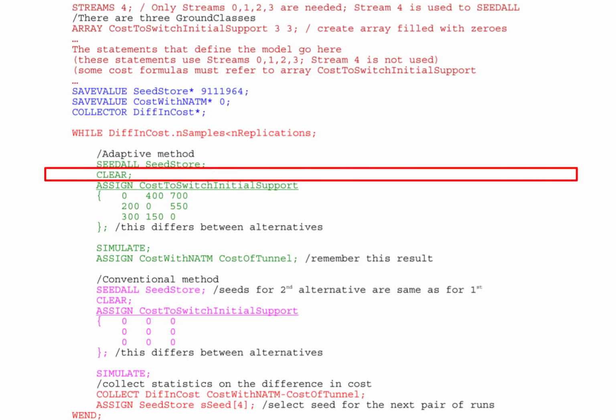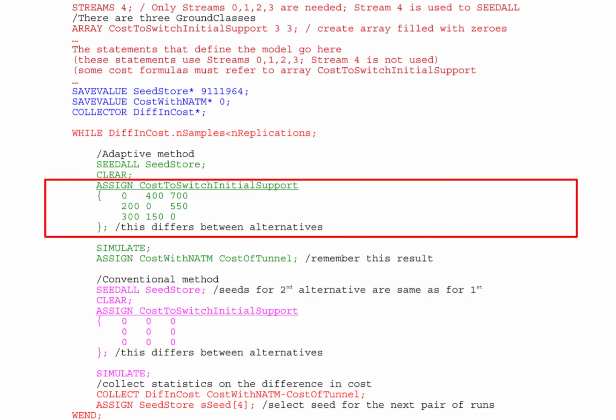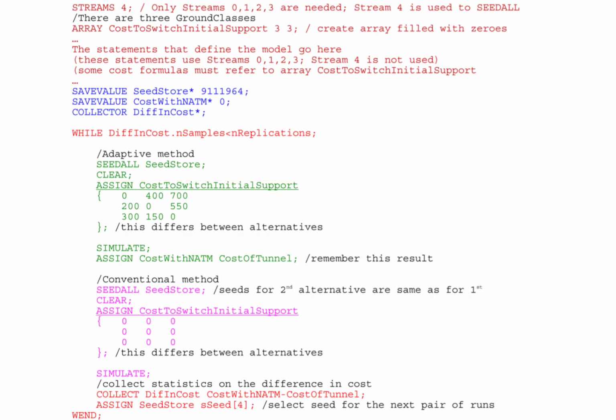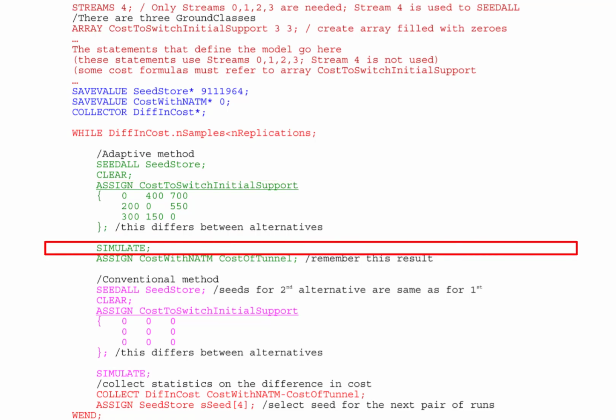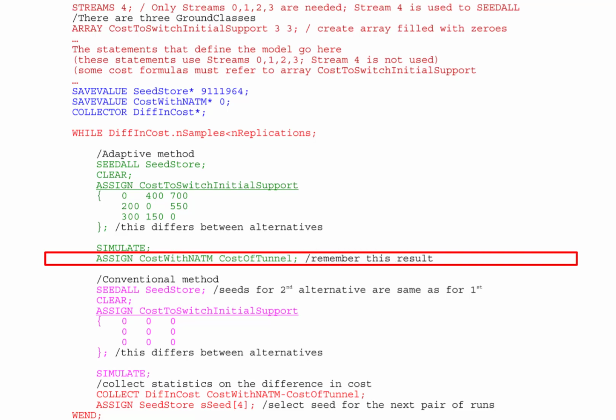After that, we have the clear statement that clears the system of statistics and non-persistent collectors and save values. And after that comes the crucial statement, assign cost to switch initial support, where we define the cost of switching initial support for the New Austrian tunneling method as a 3x3 matrix. This matrix for the New Austrian tunneling method actually costs money because the numbers are non-zero. After that, we have the simulate command, followed by an assignment to cost with NATM of the result of the